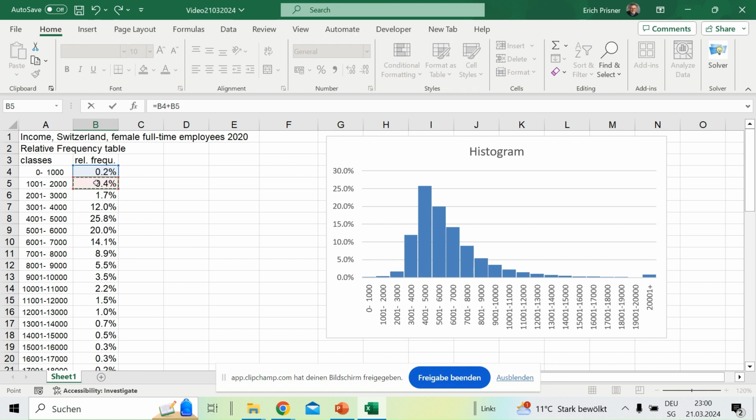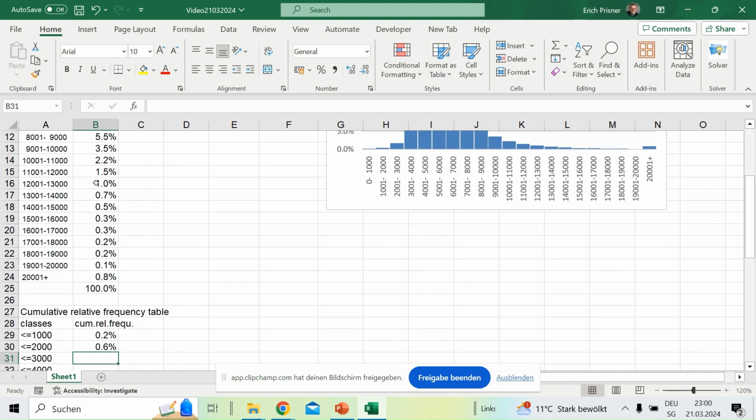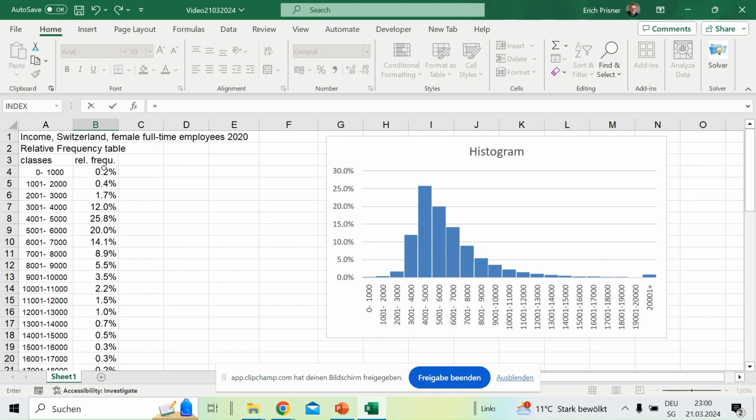So I want to have 0.2% plus 0.4%. And that's all right. You see, I have my 0.6%. Next one I could do, okay, it's this one plus this one plus this one. And you see, it gets a little tedious now if you